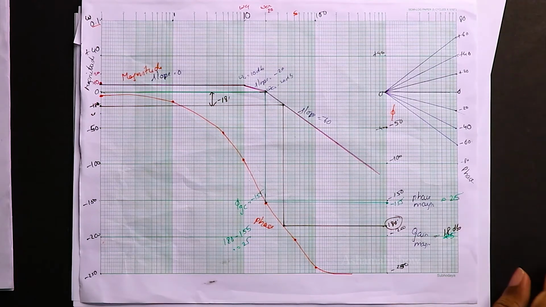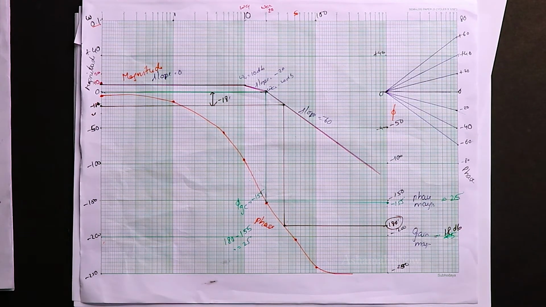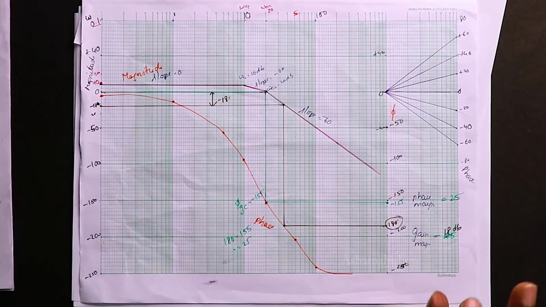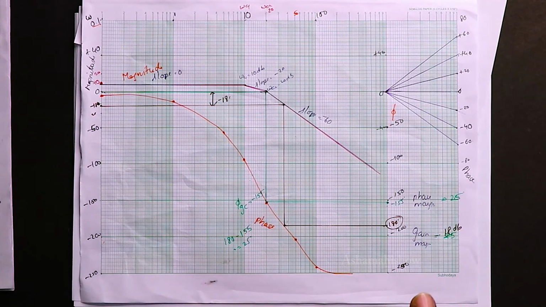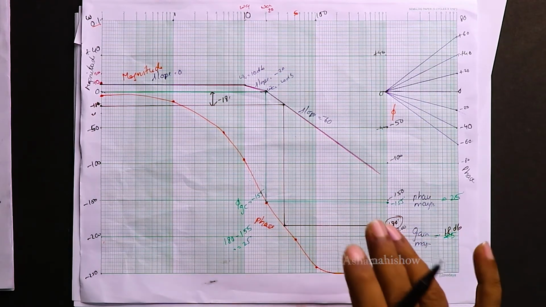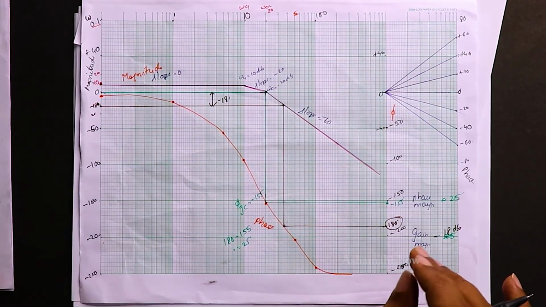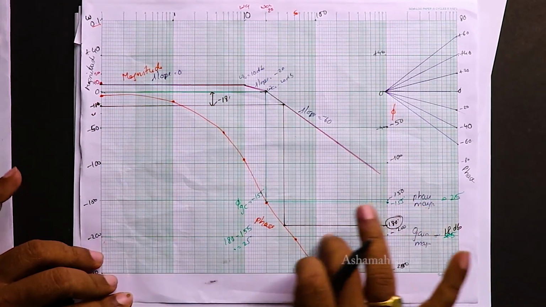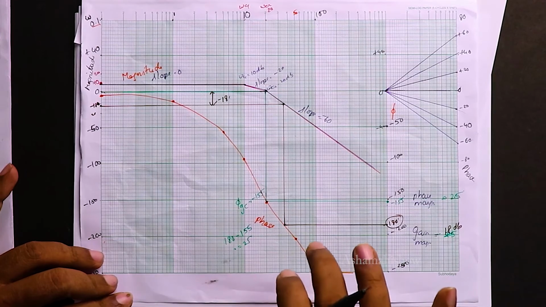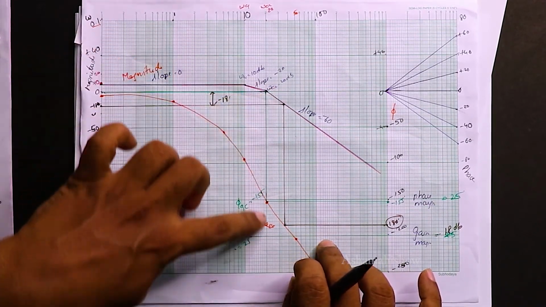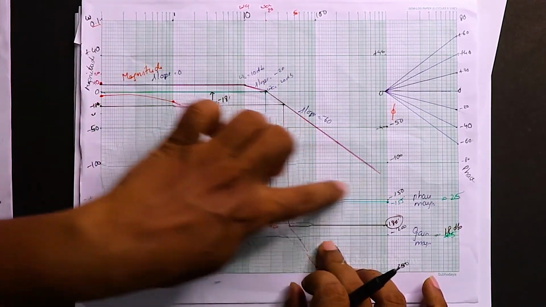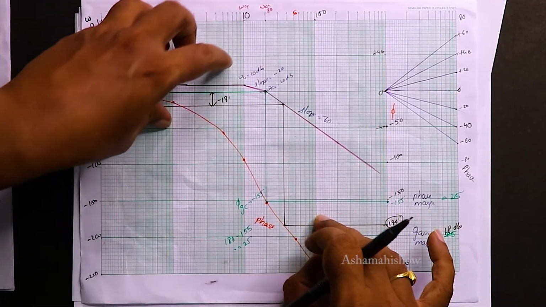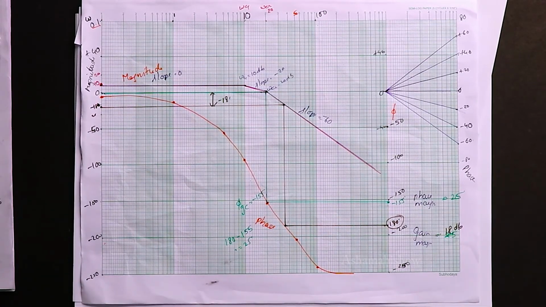So this is how you will be plotting your Bode plot. Okay, it might be a bit difficult at the starting, but don't miss it. It will be like from 7 to 14 marks you get in your exam. Okay, remember to find out gain margin, you have to start from your phase plot. To find out phase margin, you have to start from your magnitude. This is how the diagram is.